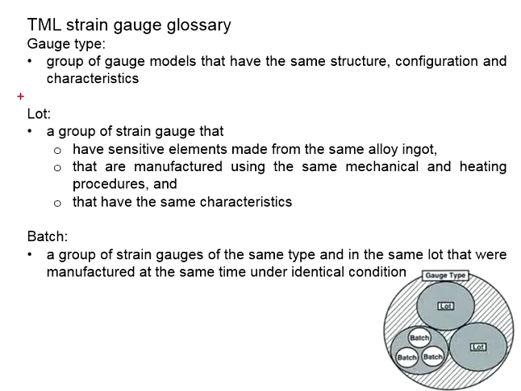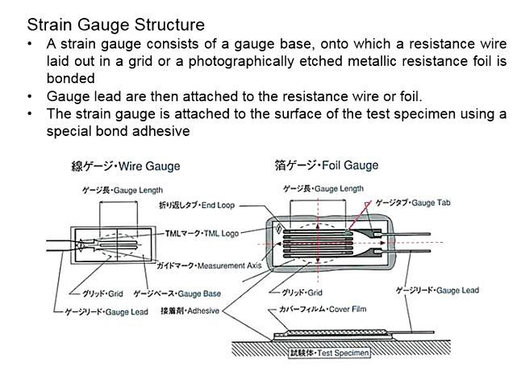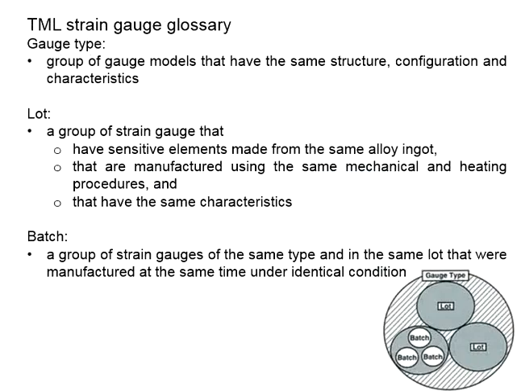The second will be the lot. It is referring to a group of strain gauges that have the same sensitive element made of the same alloy ingot. The sensitive element is referring to the foil or the wire, which in this case is made of the same alloy ingot, and they are manufactured using the same mechanical and heating procedure and have the same